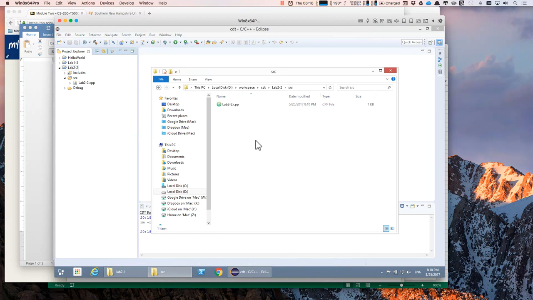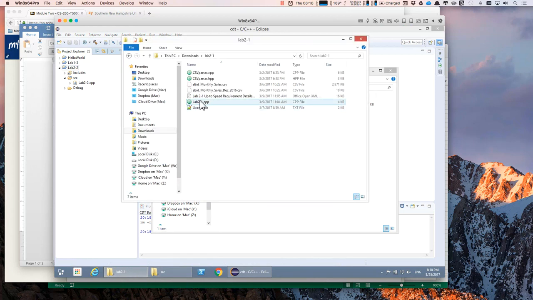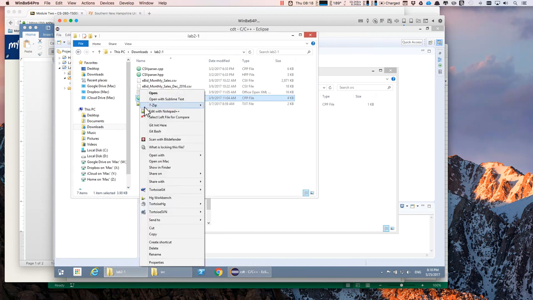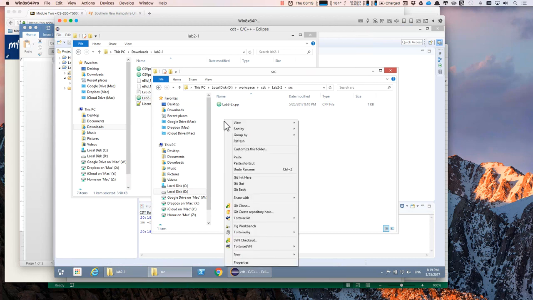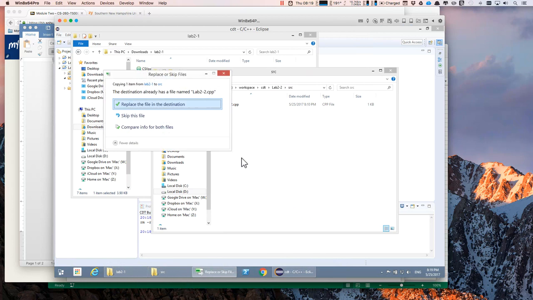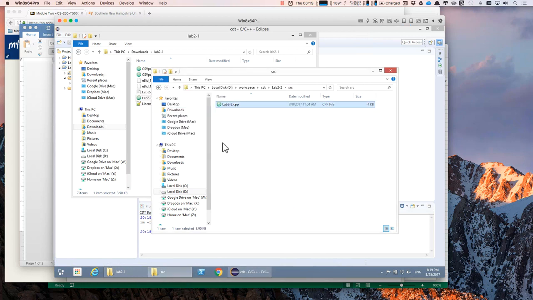So now that we've cleaned it, and again, it's only because I was playing around, the instructions tell you to take our lab 2.1. Oops, I did 2.1. That's interesting. Well, we'll leave it at 2.2. So I'm going to rename this lab 2.2. The actual name isn't that important. And I'm going to copy this into the Eclipse directory, replacing the standard default one. Now remember, the default one just says hello world. When we go ahead and paste this in and replace it,